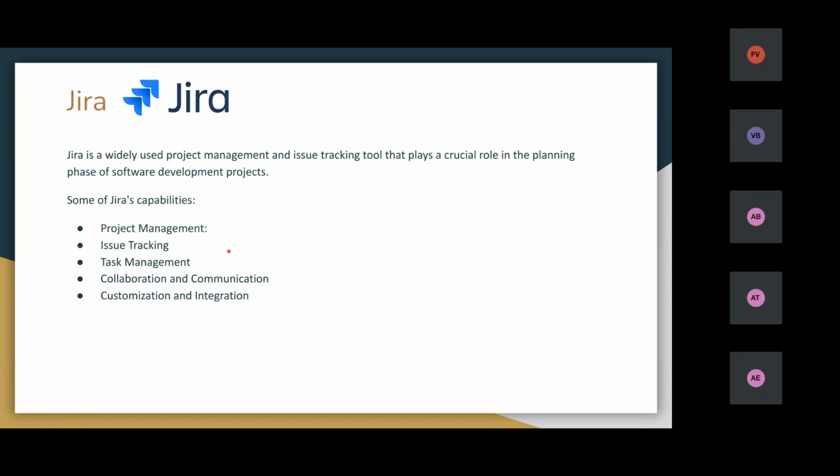Then collaboration and communication between the developers, operations team, and QA team. The whole team will be using Jira. Then it can be customized, and other tools can be integrated.